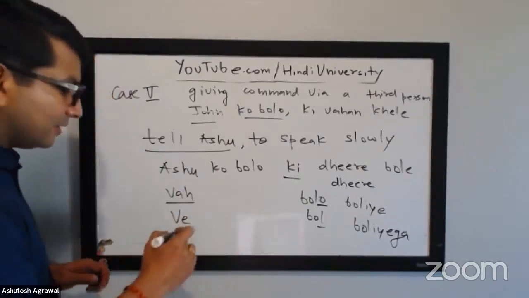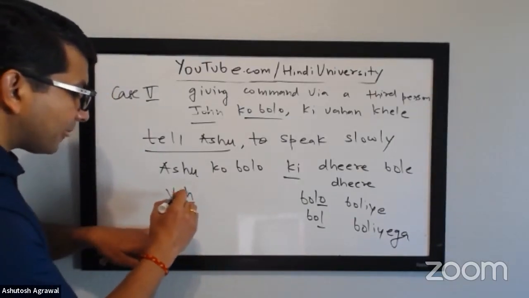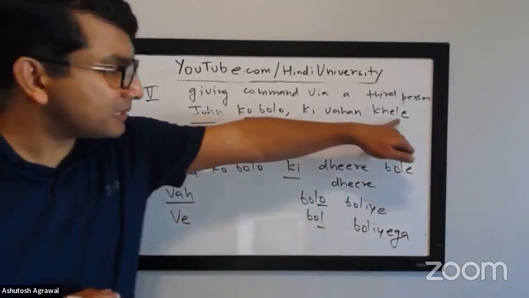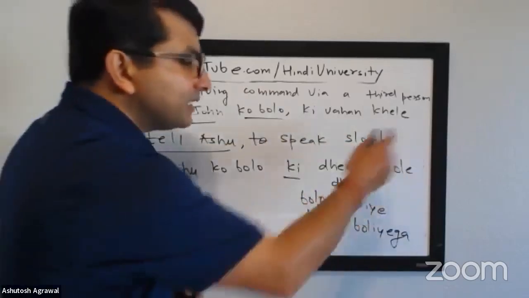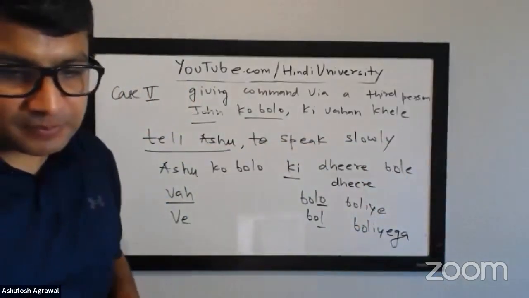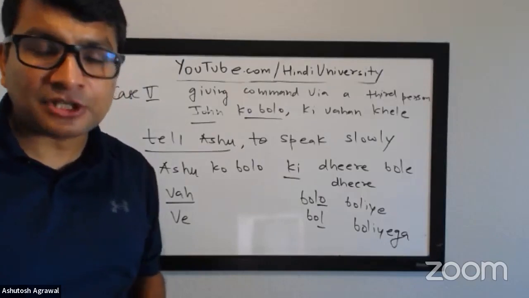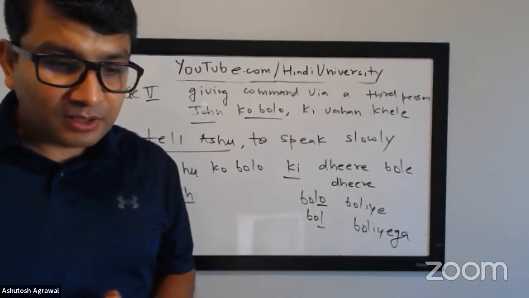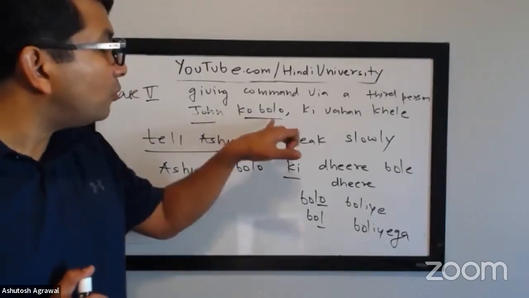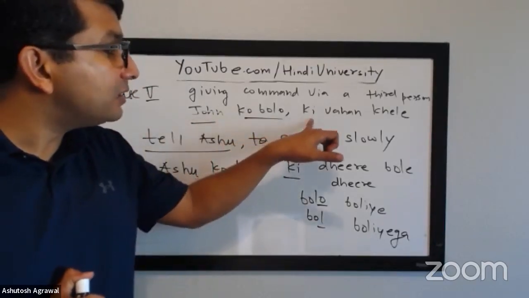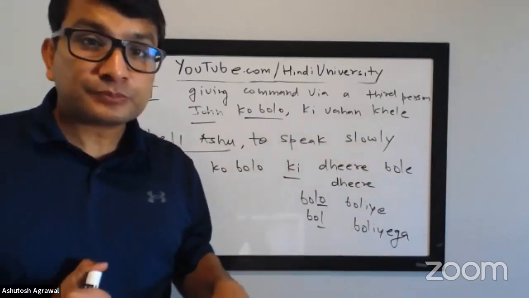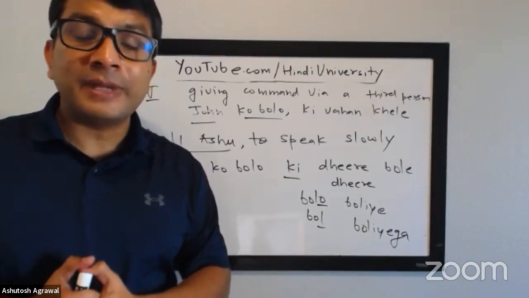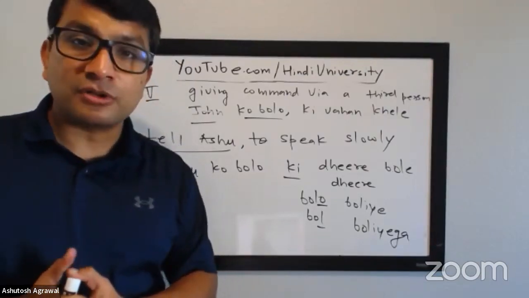That's a different thing. If it is masculine singular or feminine singular, it ends in e. If it is plural, then there's a nasalized sound there, because it's a group of people you're addressing. Just like हम वहाँ खेलेंगे और वे वहाँ खेलेंगे. In that case it would be उनको बोलो कि शोर ना मचाएं. Tell them to not make a huge or loud noise.